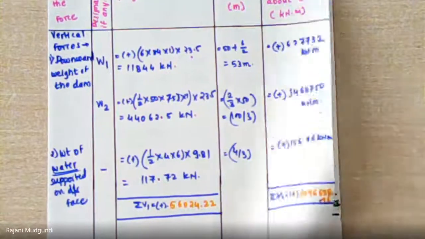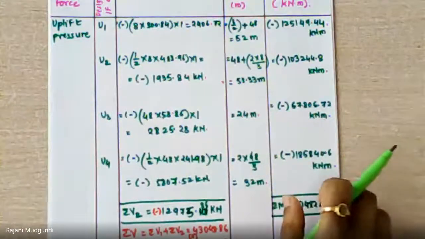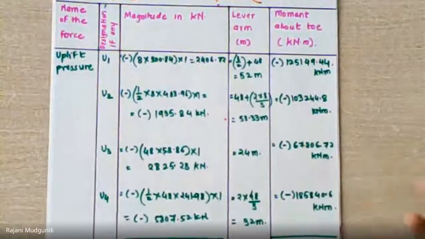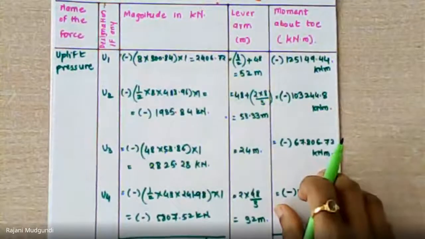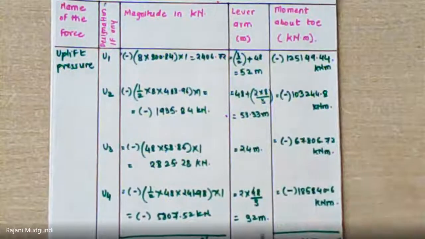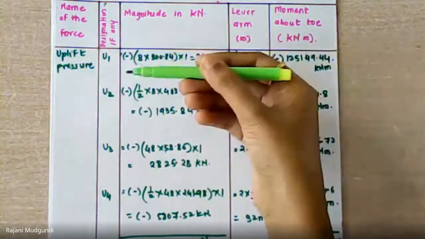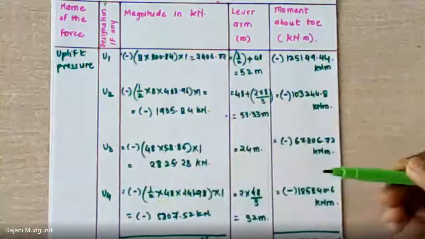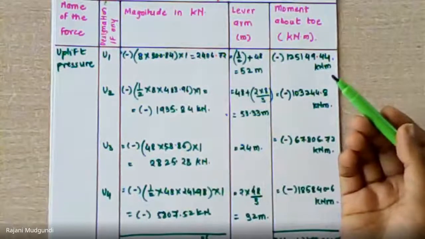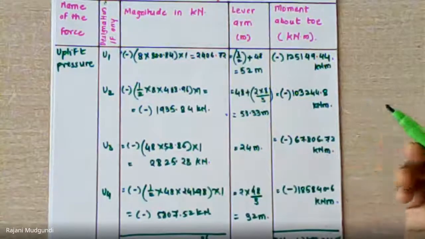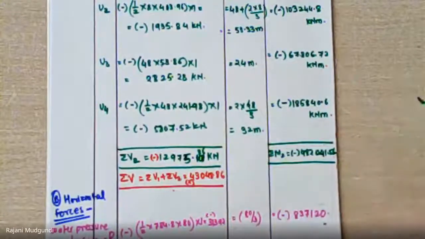Then we calculated the vertical weight of water supported on the downstream face, or sloping side. Additionally, there will be uplift pressure because of the water stored on the upstream as well as on the downstream side. With the figure we have drawn for the uplift pressure distribution diagram, we have divided it into four parts, U1, U2, U3 and U4. Respective moments we have written. So summation V1 as already calculated, summation V2 we have calculated, respective moments M1, M2. So the total sum of vertical force is with us.